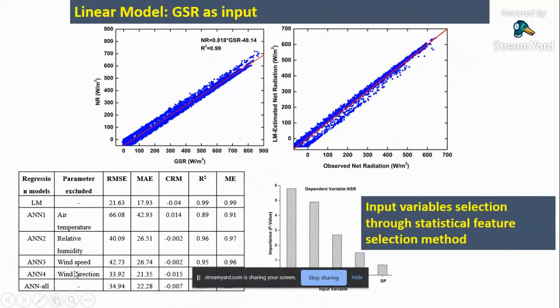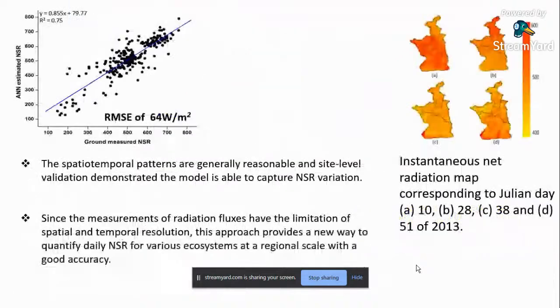when I have excluded wind direction, which may not be that much dependent on estimating the radiation component, our results are shown higher compared to the rest of the ANN models. So for the significance of the dependent variable parameters on the estimated value, we have seen some statistical feature selection method, which is highly depending on all. We tried to see, based on that, which parameters are influencing, and based on that ANN estimated,